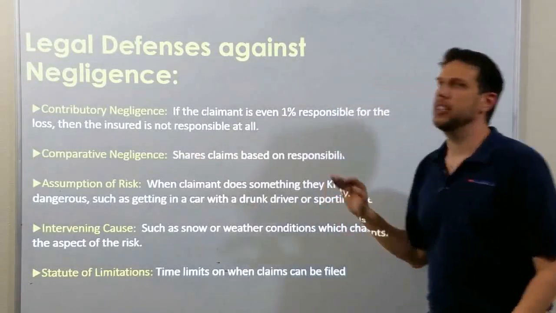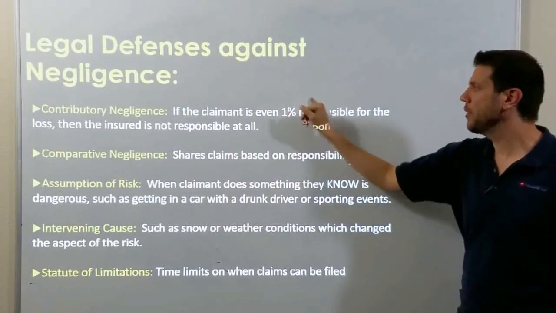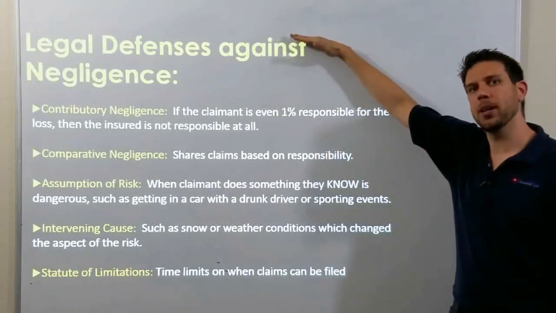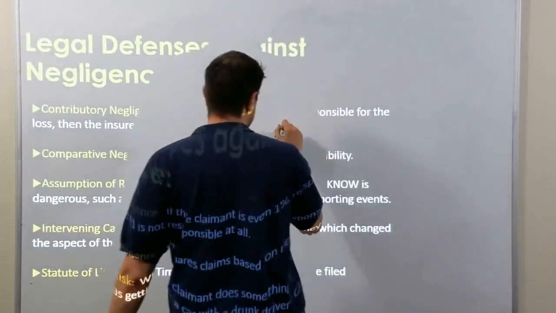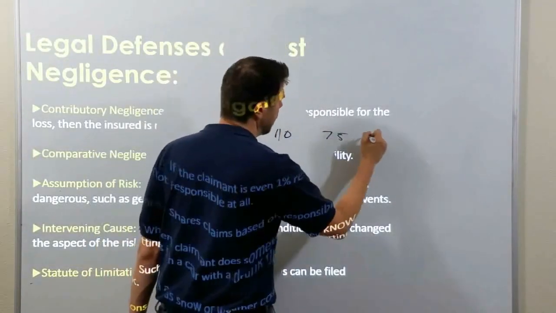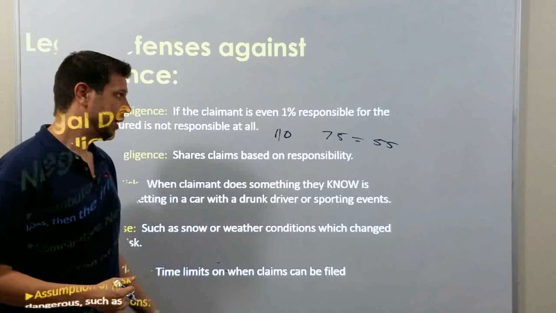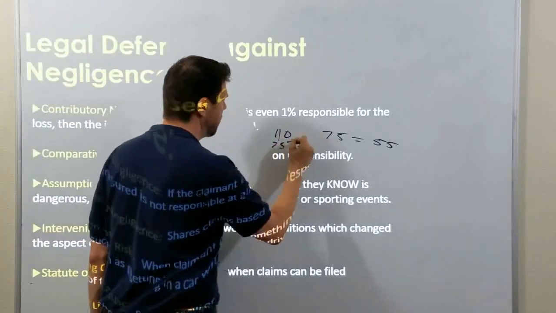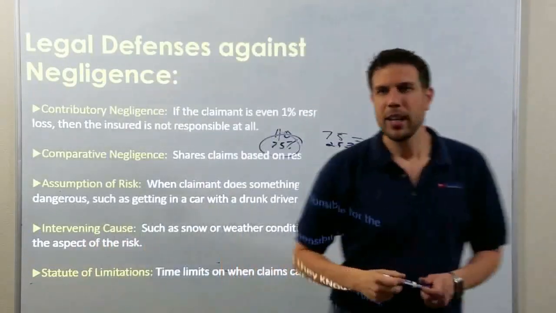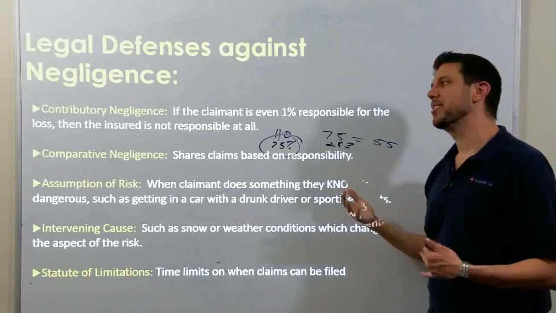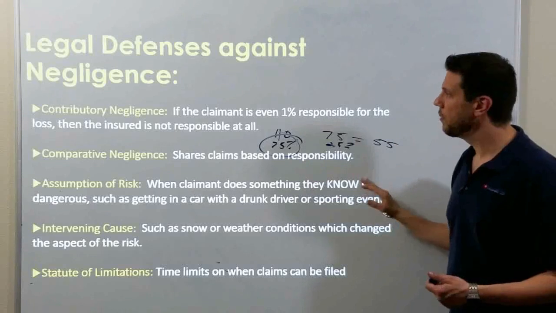Comparative negligence is what most states use. Comparative negligence is where if they're 1% responsible, then the award amount, however much they win, is lowered. So like, let's say I was doing 110 and this guy was doing 75 in a 55. We're both at fault. We're both speeding. But they'd say I was 75% responsible, he was 25%, so he'd only get 75%. Comparative negligence is kind of like where you say, okay, look, it is my fault, but it's also his fault. This is how most lawsuits occur.